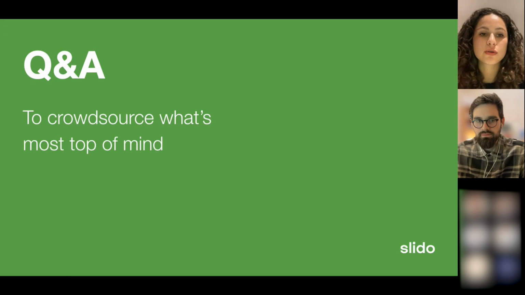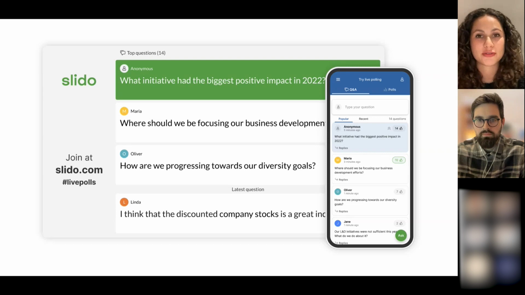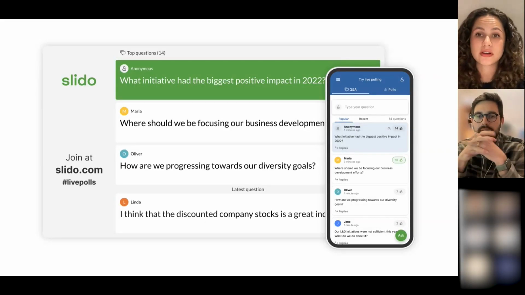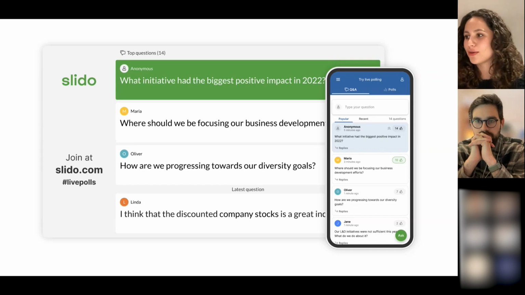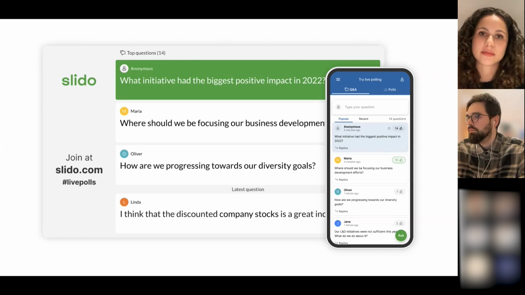Moving on, we've got our Q&A, which is great for crowdsourcing what's most top of mind. As you can see on the bigger image on the left-hand side, that top question is highlighted, which helps not only me as a presenter focus on the question I'm answering, but also everyone else in the meeting knows which question I'm giving an answer to. You can also see the first question is anonymous. The anonymous feature is one of my favorite things at Slido because we know that it is difficult sometimes to ask certain questions or to have certain kinds of conversations at work. It's been a difficult couple of years and we've had to ask some uncomfortable questions. We don't want to prevent you from asking those because it might be attached to something that might be embarrassing. So ask the questions, be anonymous.